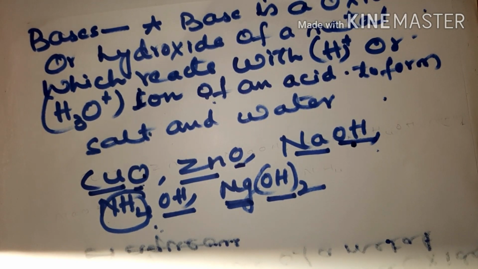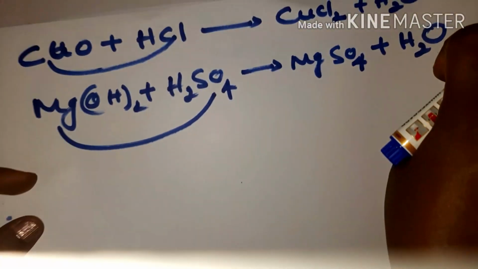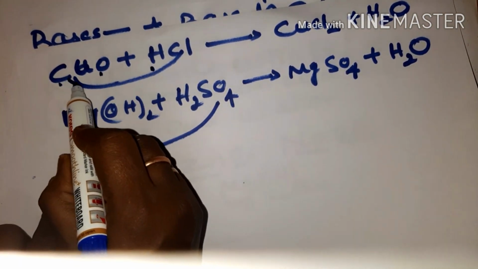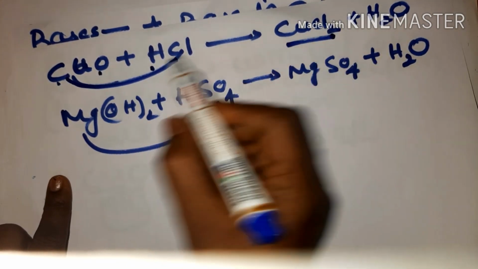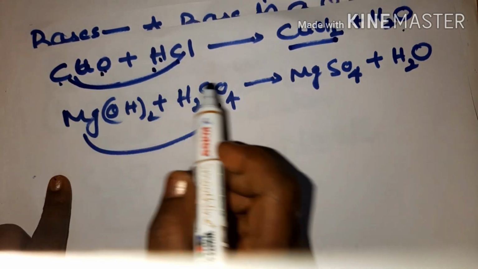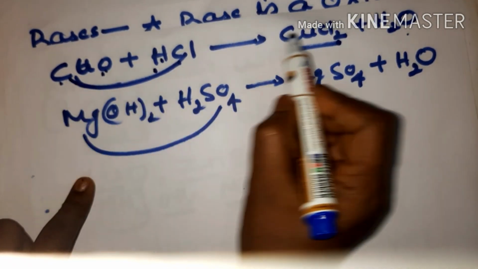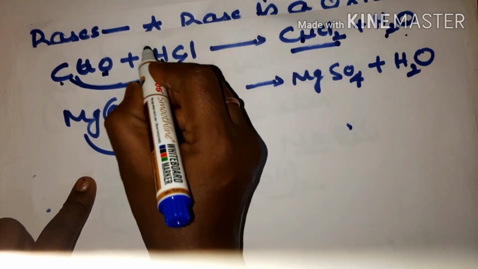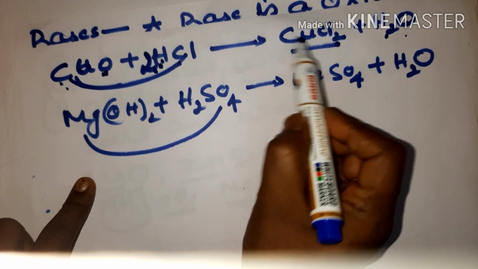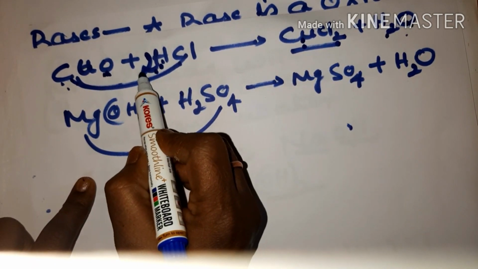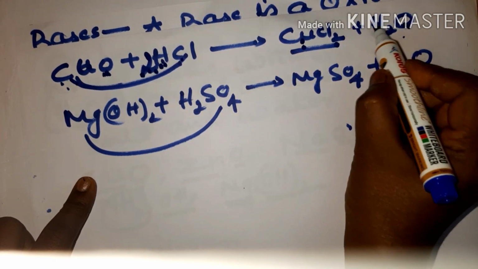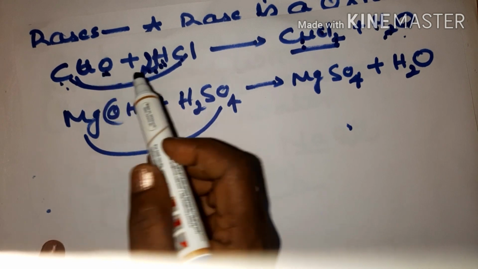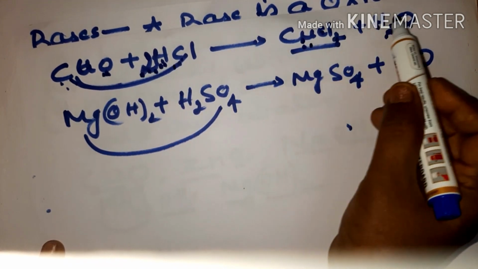Now how do they form salt and water? If you take copper oxide plus HCl, copper reacts with the chlorine and you form copper chloride plus water. This equation is not balanced, children. We can balance it now. Cu is 1 atom, O is 1, hydrogen is 1 but you have 2, so add 2 here. So Cu 1, O 1, hydrogen 2, 2Cl. So copper oxide is a base. When made to react with acid, you get salt and water.